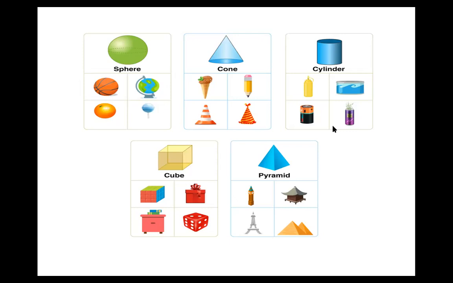So we discuss the two types of cylinder here. The first is open and the second is closed cylinder. Open cylinder means our pipe. Yes, any simple pipe represents the open cylinder. And the closed cylinder means any tin. If we take a beer bottle, it represents a closed cylinder.